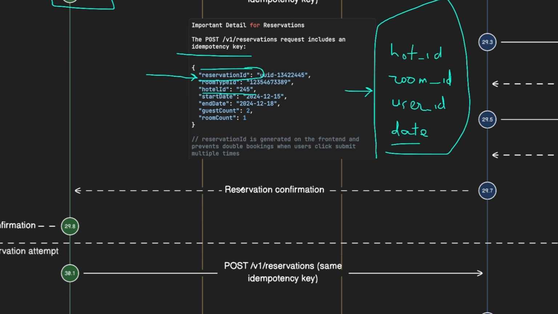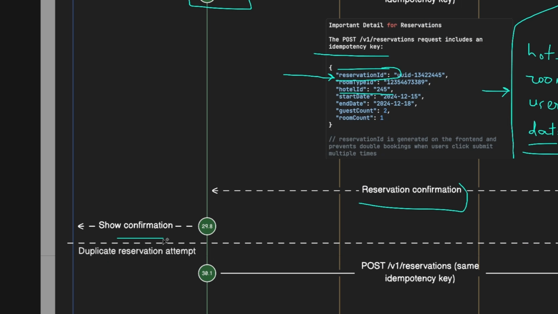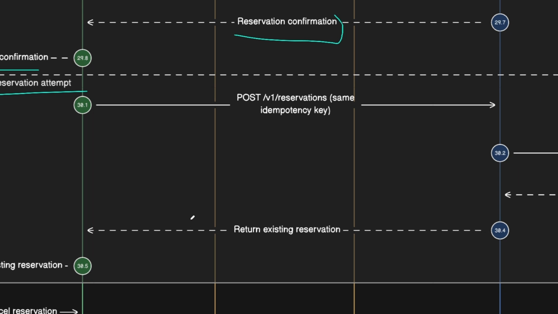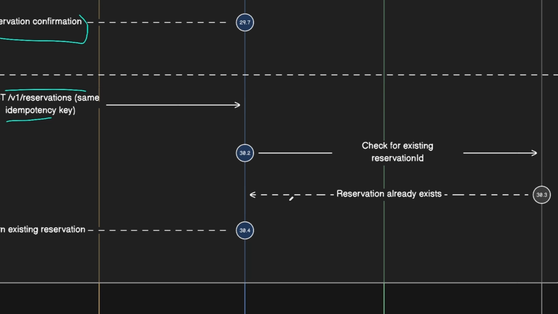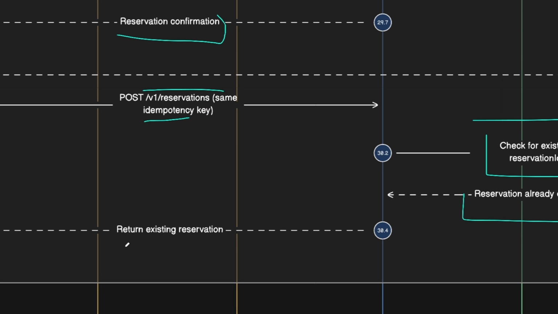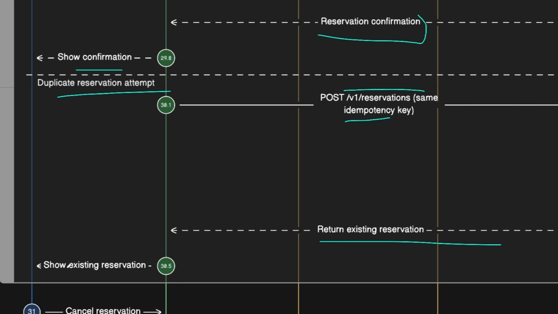So assuming it's not a double booking and we get the reservation confirmation, we will just show them the confirmation, and behind the scenes a Kafka message will be published and it will send notifications to the user and to the owner of the hotel. But if it's a duplicate reservation attempt, then they will make a request and this will contain that reservation ID. So we will check for the existing reservation ID, and if a transaction like that already happened and the reservation already exists, then we will return the existing reservation